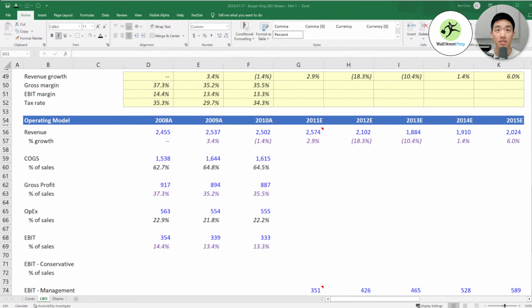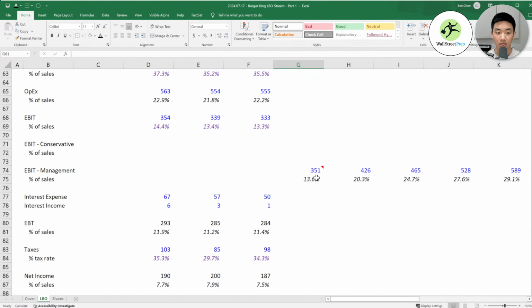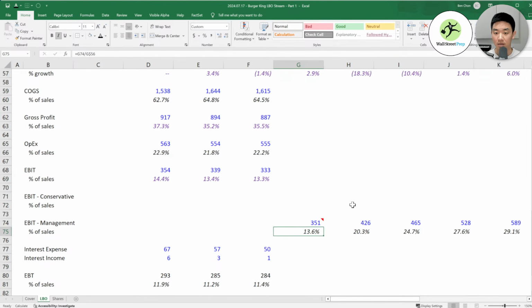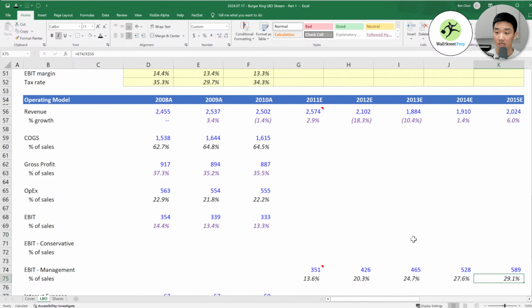Okay, let me just remind myself what I did. Okay, yeah. So the reason that I want to have two cases is that it'll make the model more dynamic. And also, you don't want to just believe what management is going to tell you, right? Management is saying we can get from 13.6% EBIT margins to 29.1% in 5 years.